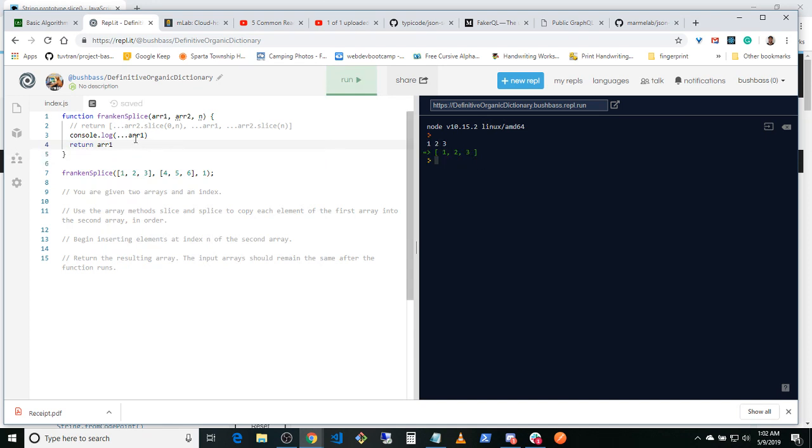So we see when after we do that to it, we return array 1, it's still the same. So that's the thing. I just noticed we didn't use splice at all. Use slice and splice. Maybe if you're using slice and splice, if you're not careful, you'll modify these. But the way we did it with this spread operator, it makes a copy and doesn't modify the original one